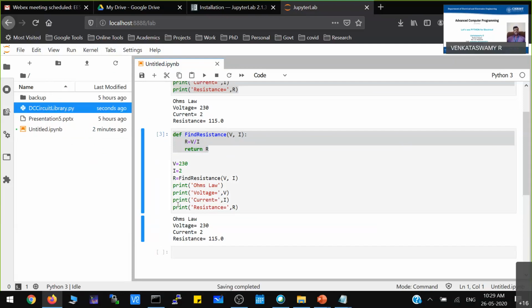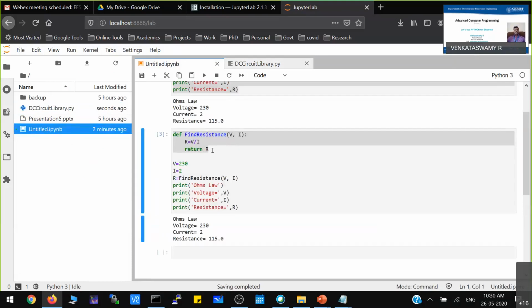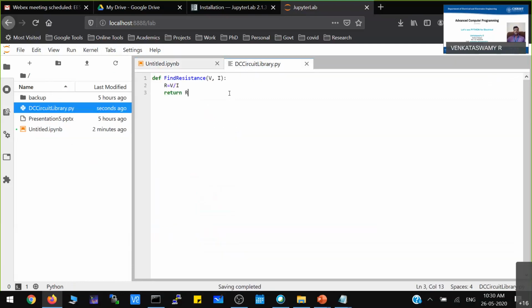I just created that file. Then you open that file, and whatever functions you are defining, you move those functions to the file you have created. Now you see, only one thing I did here: I just moved this function to this file.